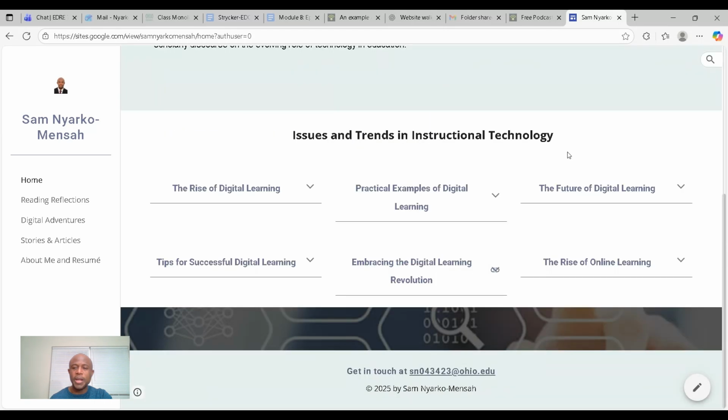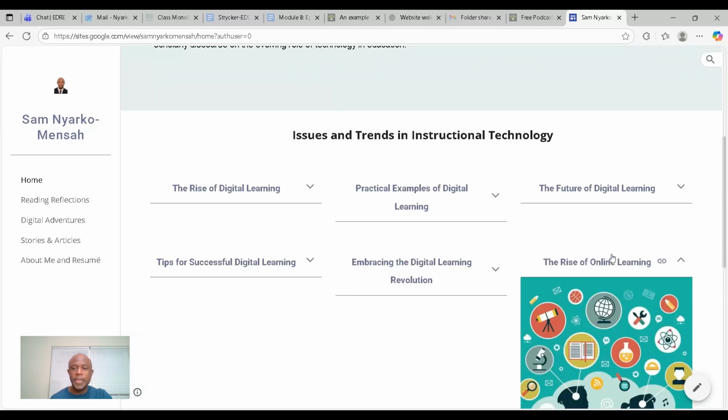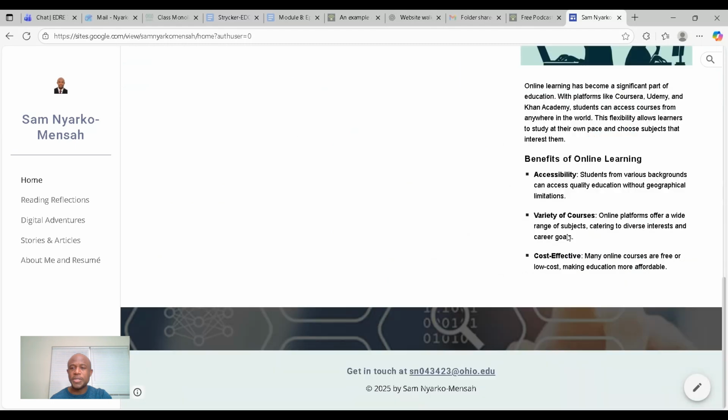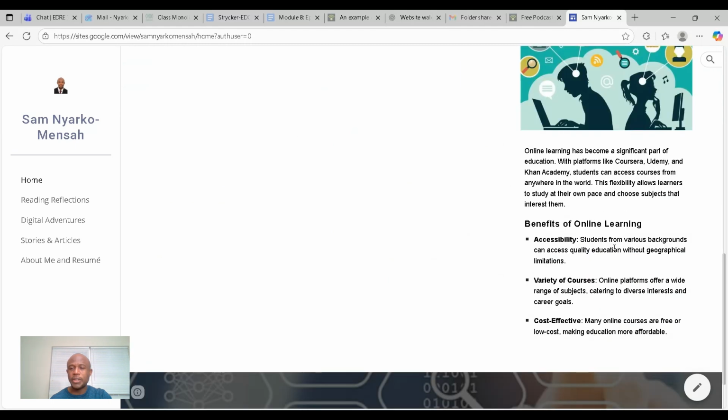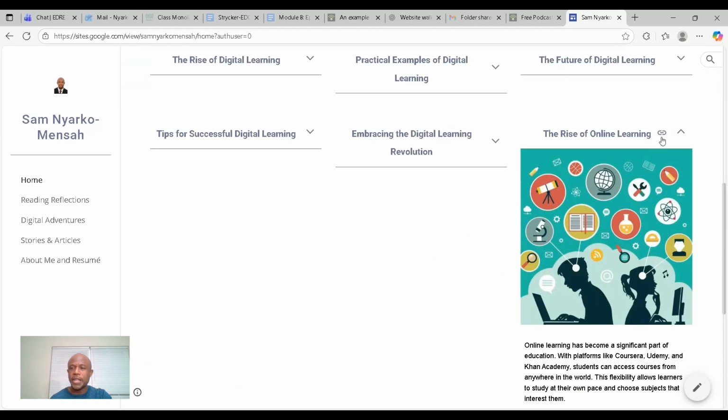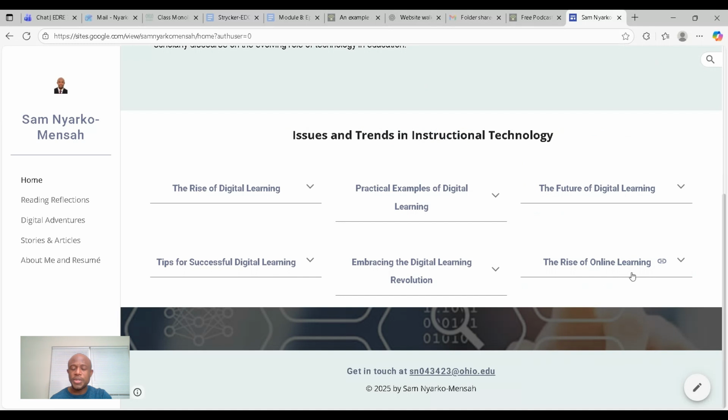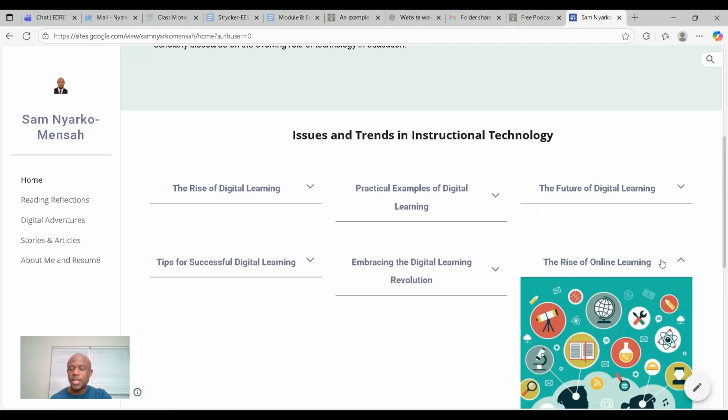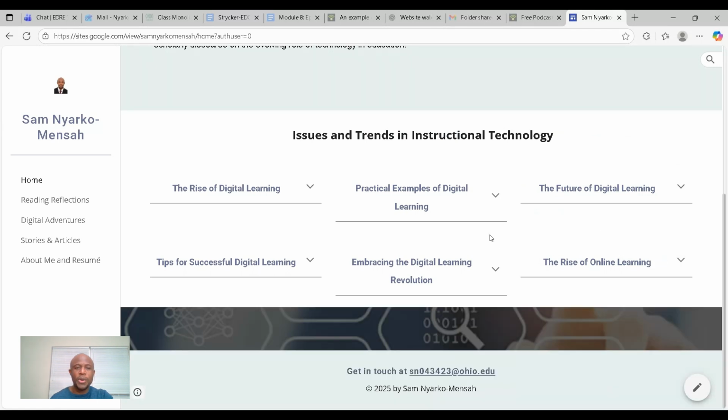So when I click on it back, okay, so I have this benefits of online learning. I can copy this, just this text. When I click on this, it is copied. Now, the next